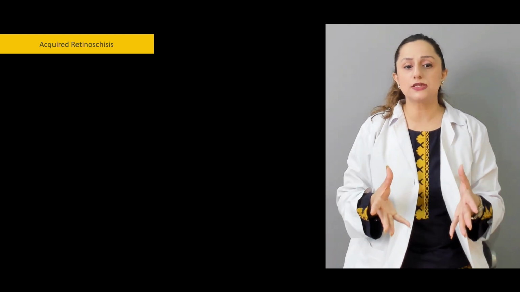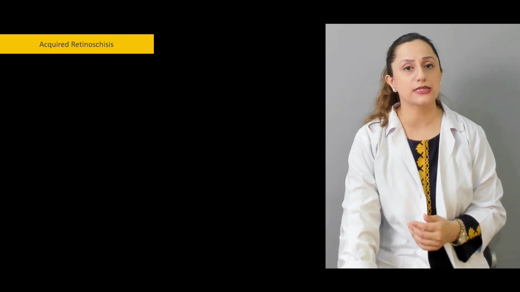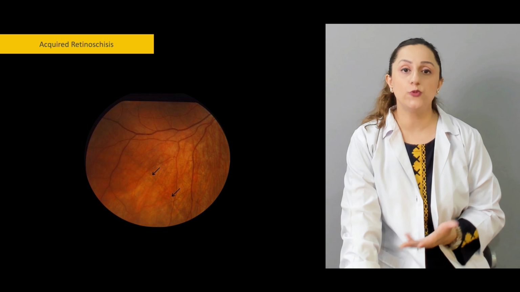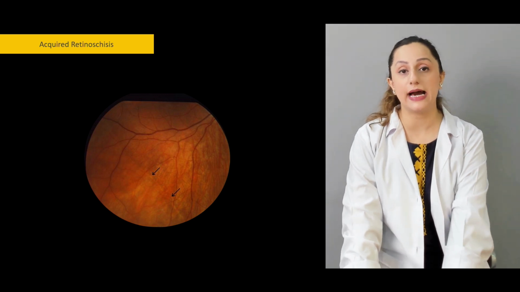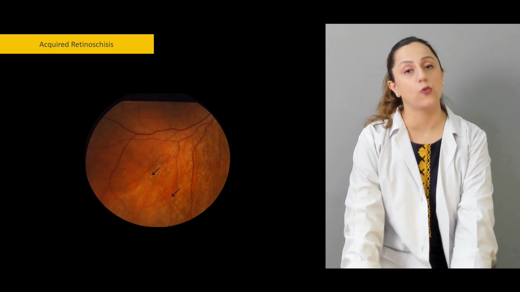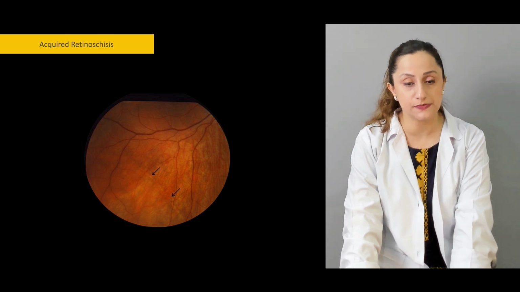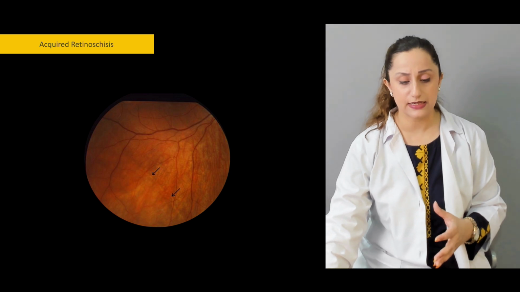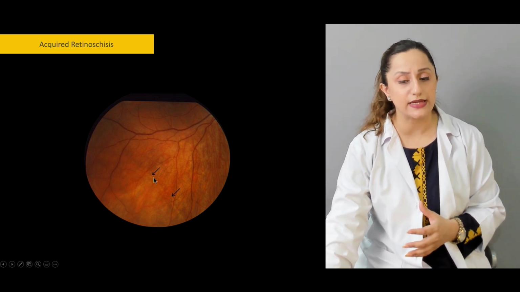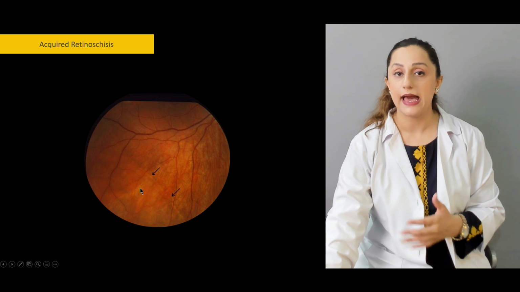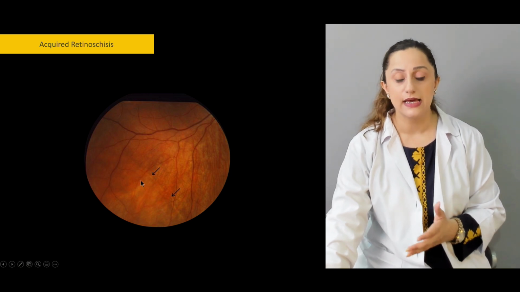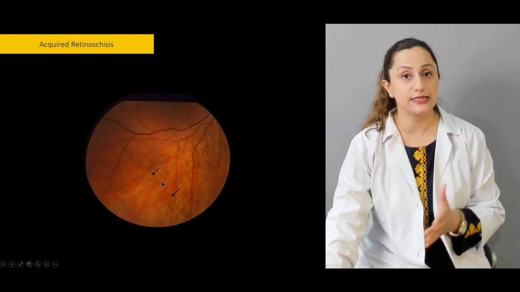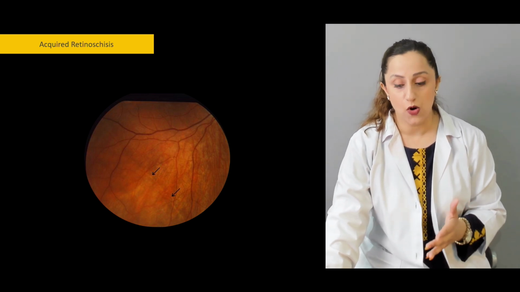The complication of this acquired retinoschisis would obviously be retinal detachment. The visual field defects are quite absolute in this kind of acquired retinoschisis phenomenon. As you can appreciate, there is this thinning of the transparent retinal layers that is observed in this acquired retinoschisis. This thinning is basically giving a darkened hue to the retina on ophthalmoscopy